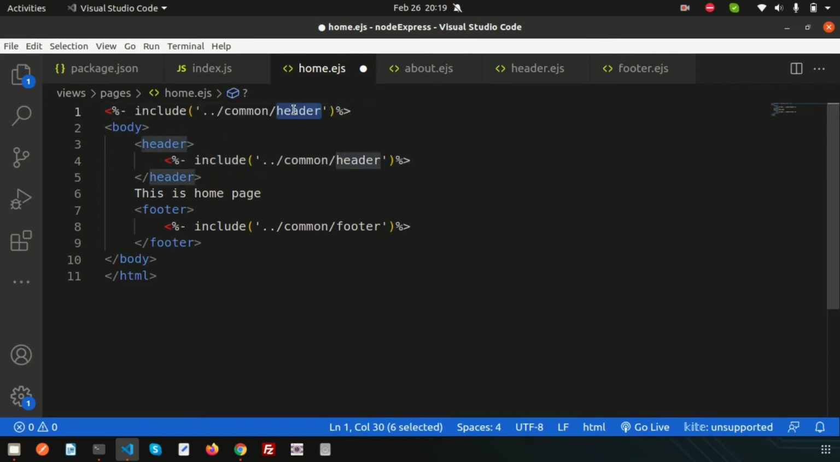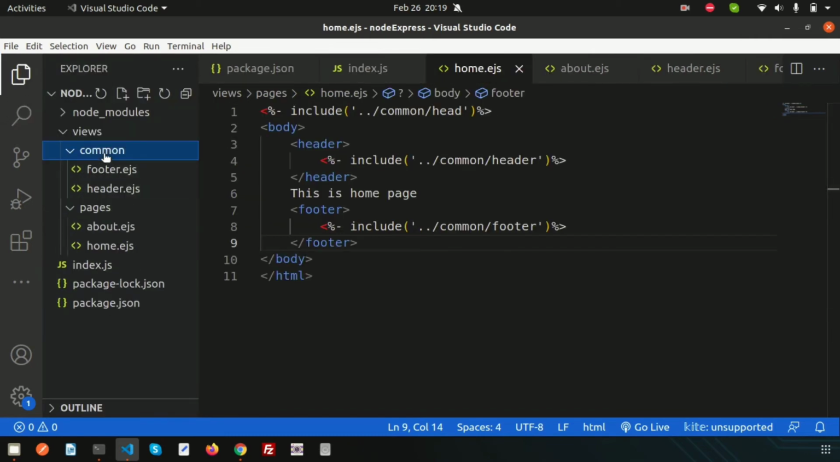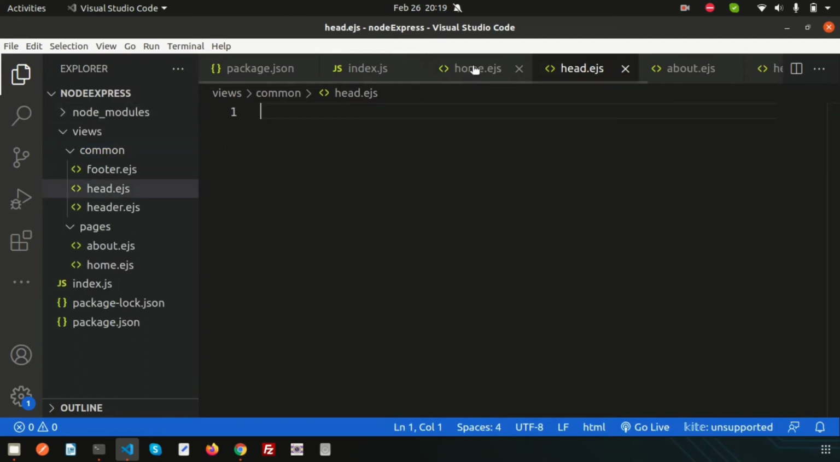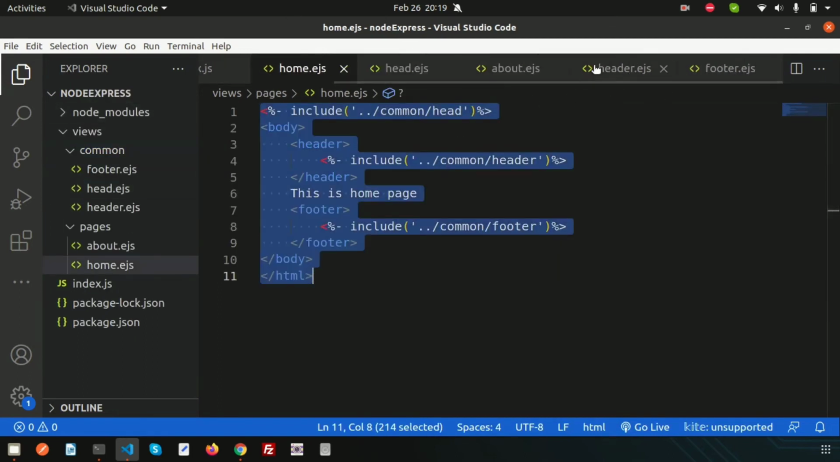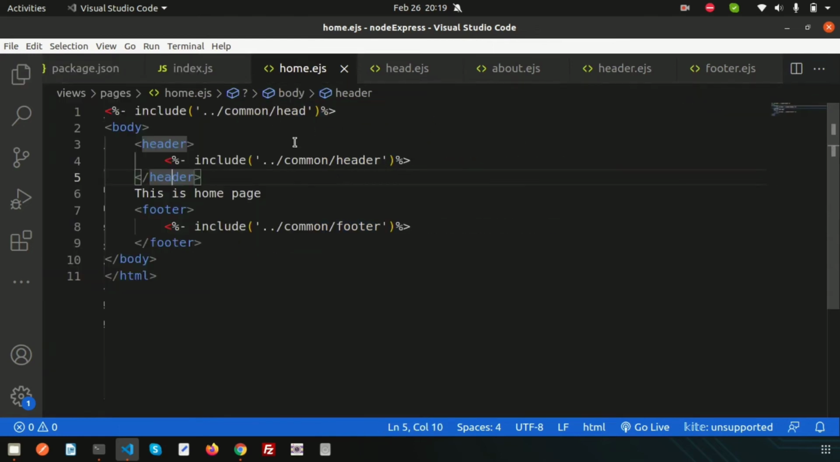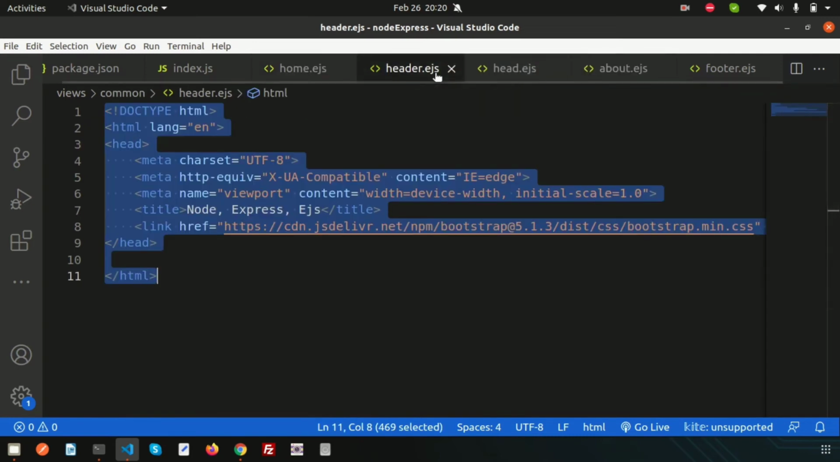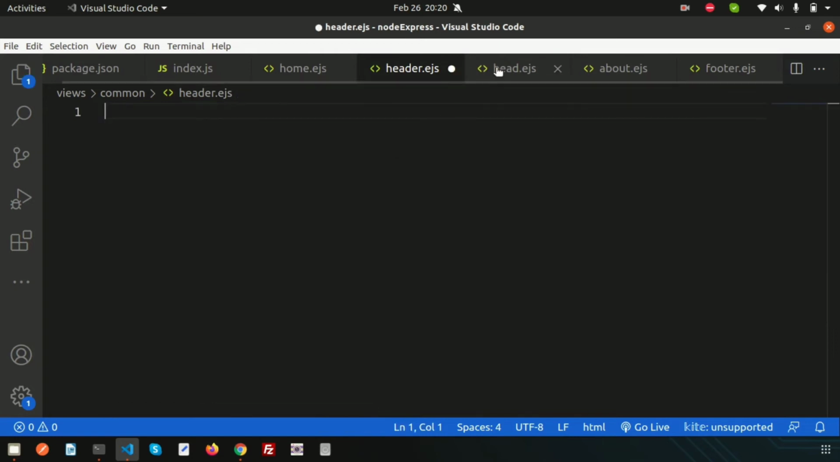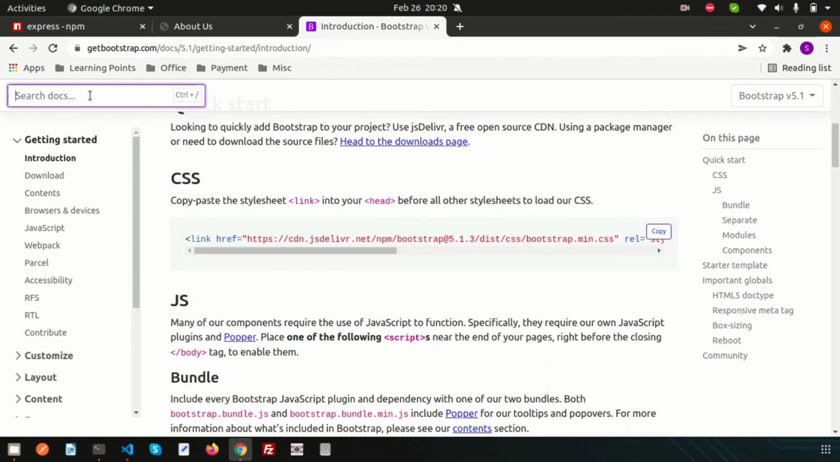So this will be good, and this is head. I'm going to create another file, head.ejs, and simply write these things from the header, just make this the head section, and inside the home we are just calling it. And inside the header we are just going to create a menu, right? So simply remove this from here, and also this is head, and here just go into the Bootstrap site